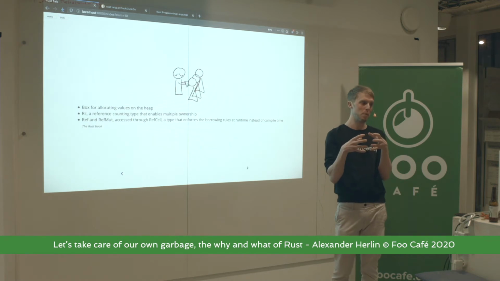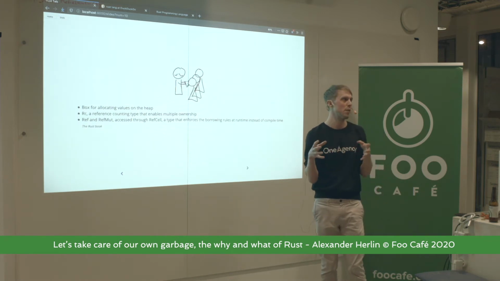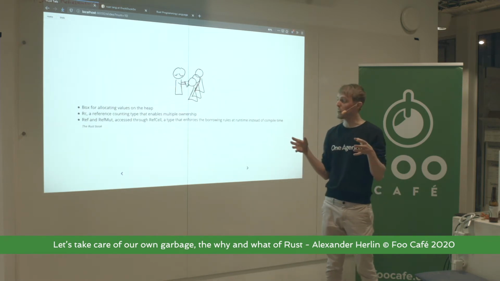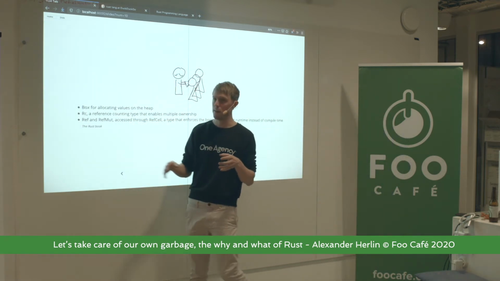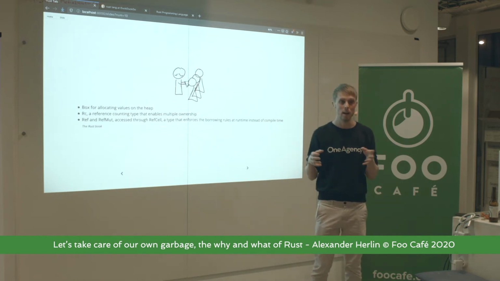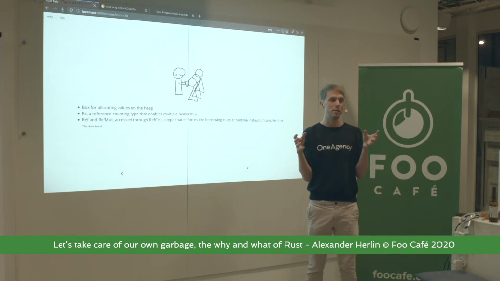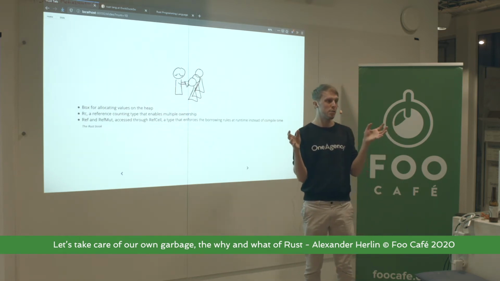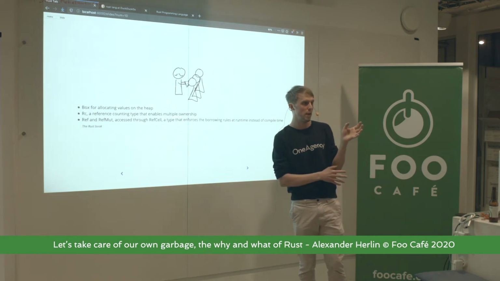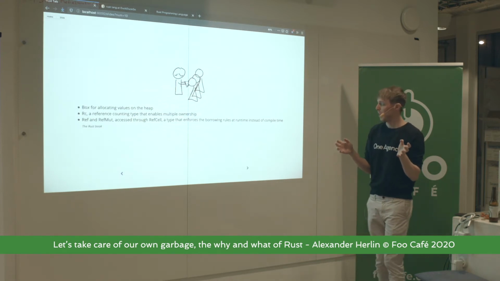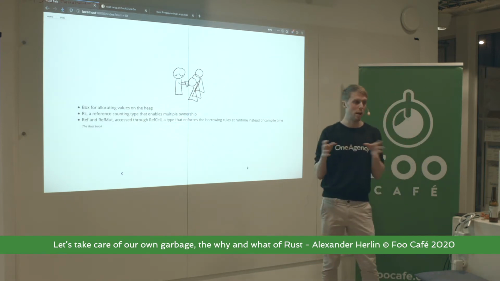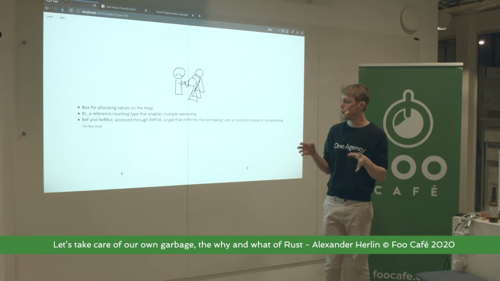So these boxes that you can put stuff in, they come in all different varieties. One example is the reference counter, the RC. This is one where you basically have an object, you have multiple readers. When there's no more readers, Rust will automatically delete that for you, which is really handy. I will not go down too much in code and show this, but it's good to know that